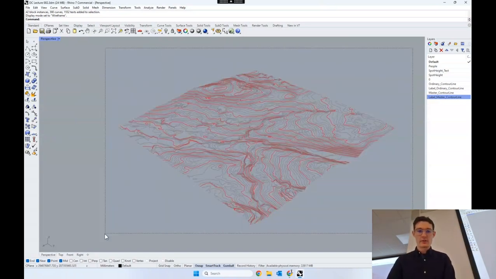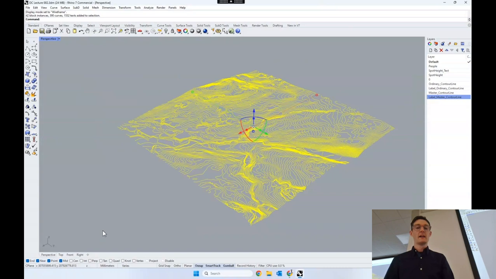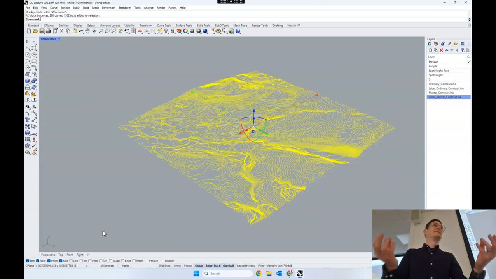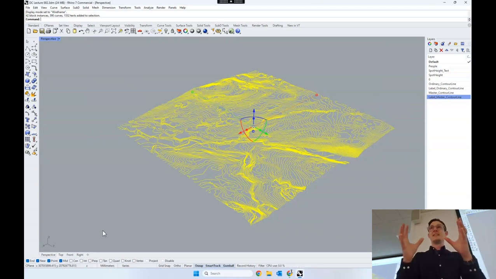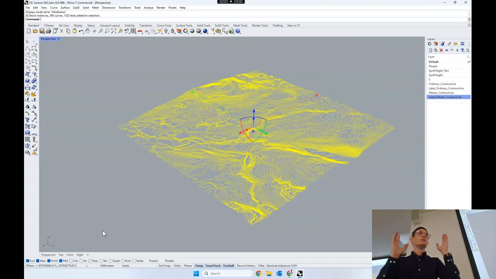I click and I drag and I select all of my lines. And then when I've got them selected, I can use a command in Rhino. And a command is just you start typing something. Rhino is always listening. It's like Big Brother. If you type something, Rhino hears it. And it's like its ears are pricked up. It's like, oh, okay, what do you want me to do, master? And you type